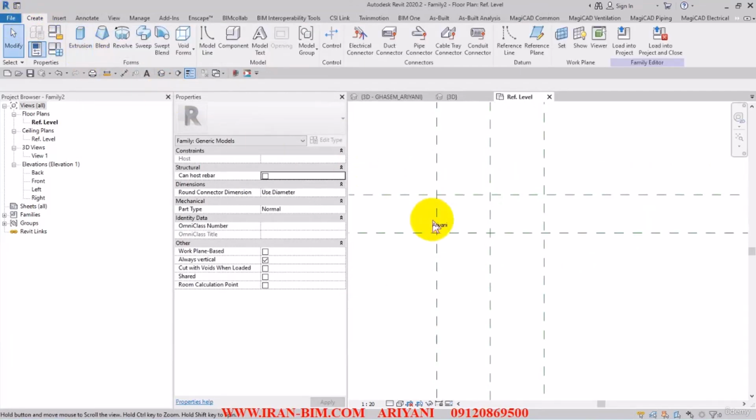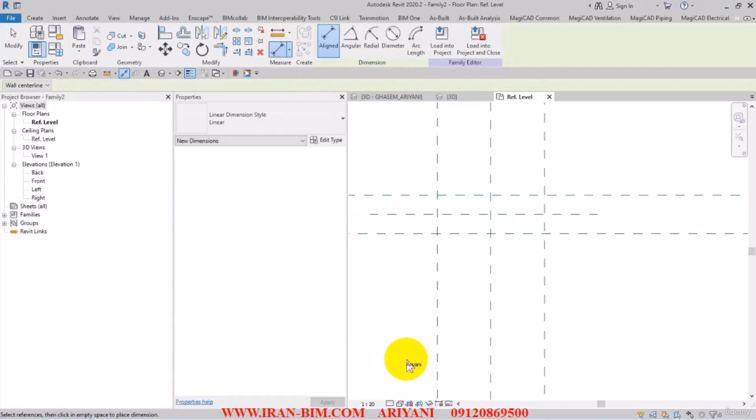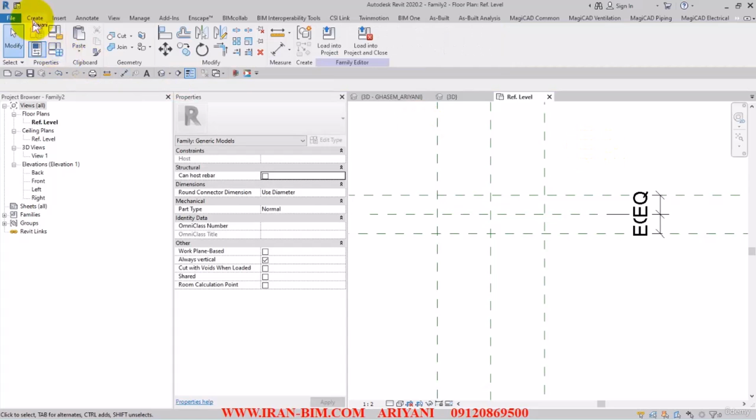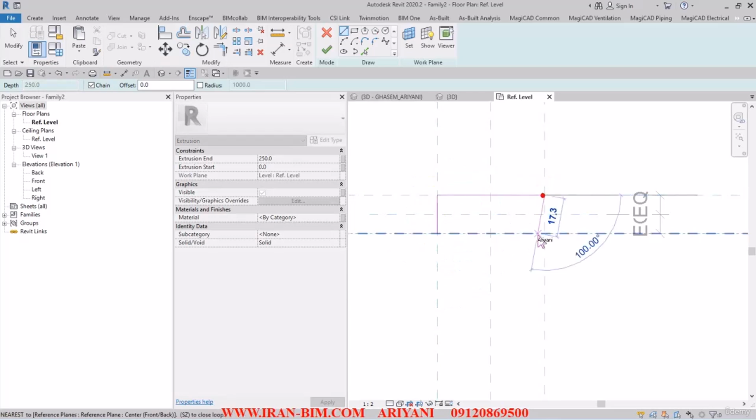Okay. After this, we'll draw a line in the middle here that sort of has an assisting role. All right. Then the scale is 1 to 2. Then draw these ones here and then equalize these as well. All right. Then click on extrusion and then select this and draw it from here to here to here,